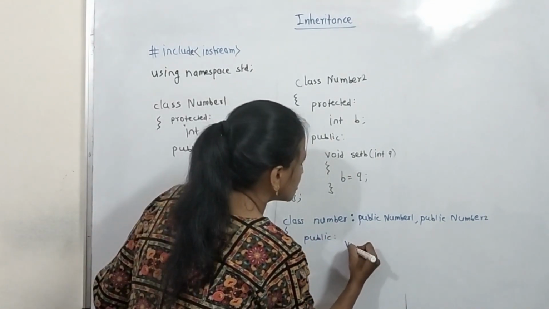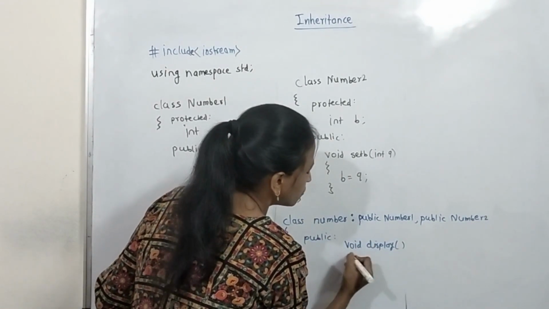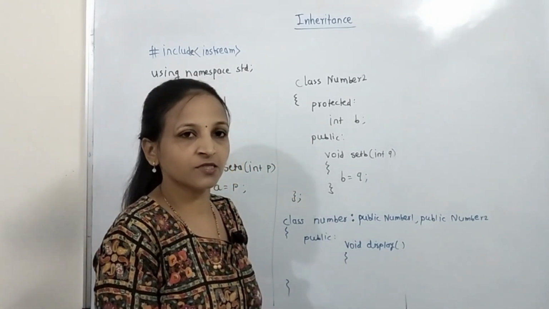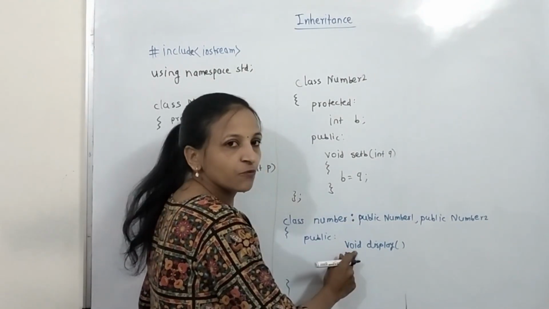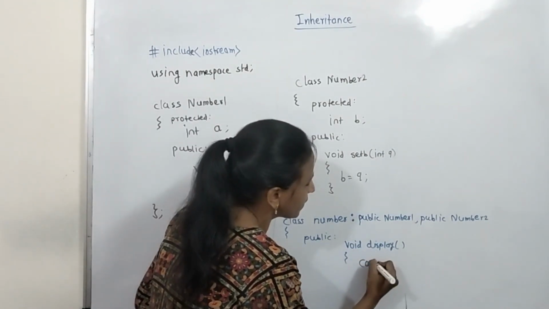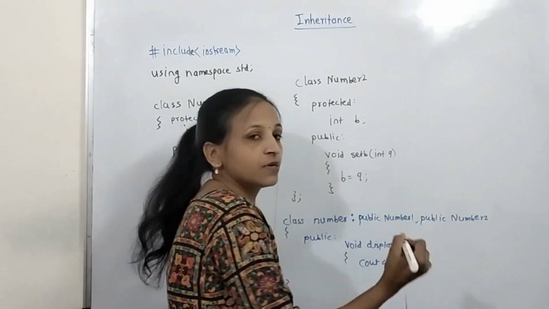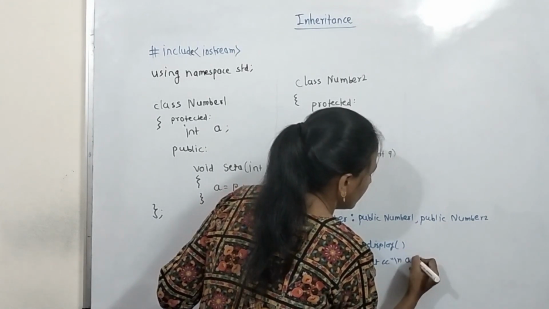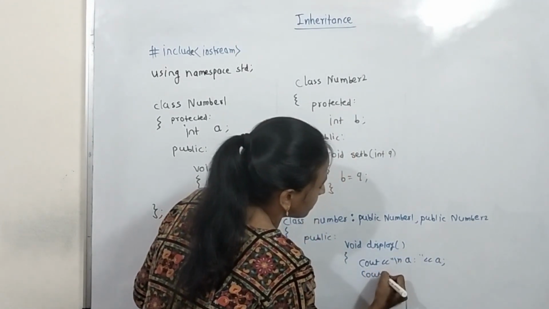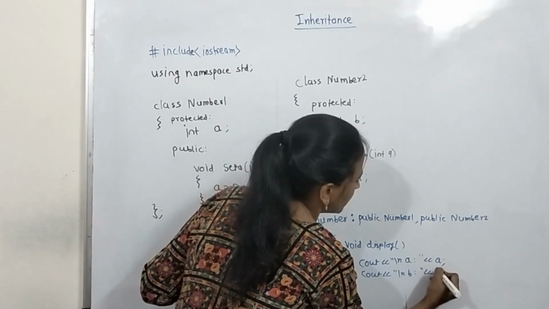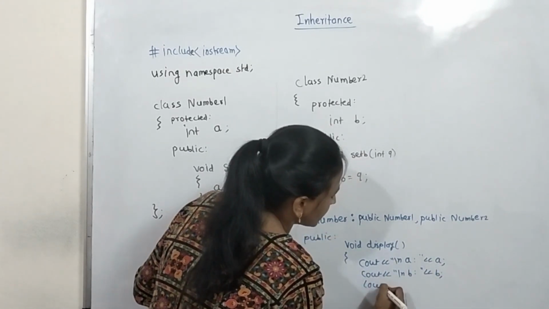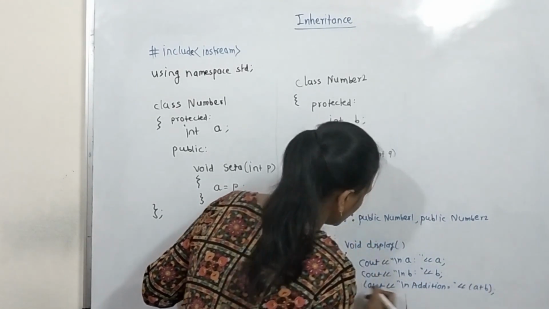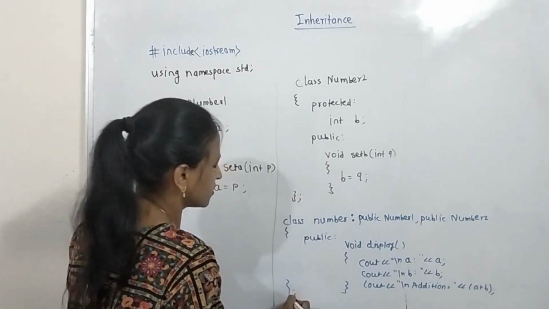Okay, now see, the function name is display. There is no need to return anything from this function because its purpose is only to display the values and the addition. That's why the return type will be void. Now just display everything using cout. First you can write a, then cout b, and just display the addition: addition equal to a plus b. That's it. This is the whole function.